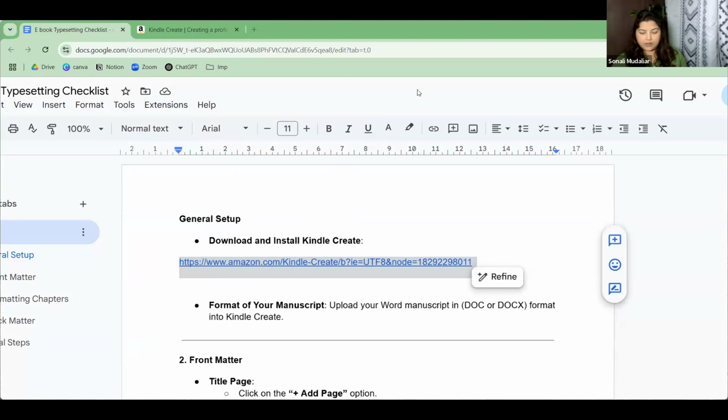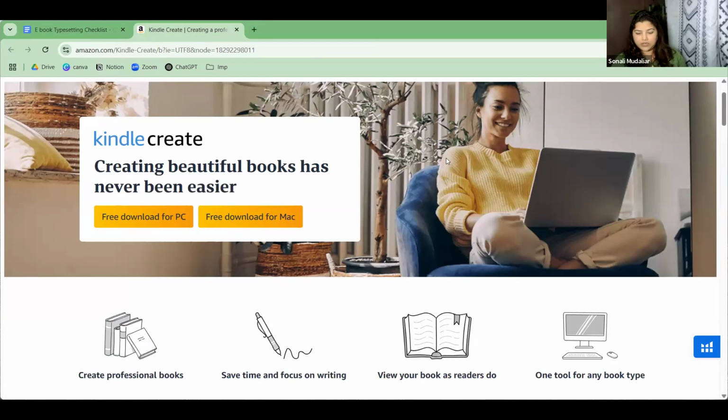Okay, the app link is given so that you can download and install it on your laptop or PC while we're doing it. It will take a few minutes. And I might take another 15-20 minutes because the book review took a long time today.